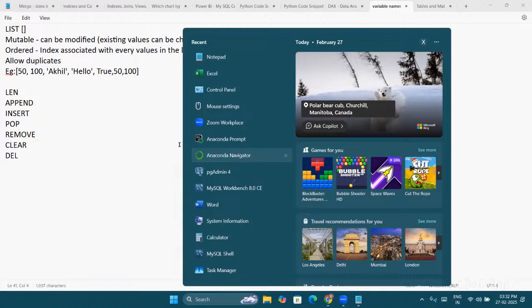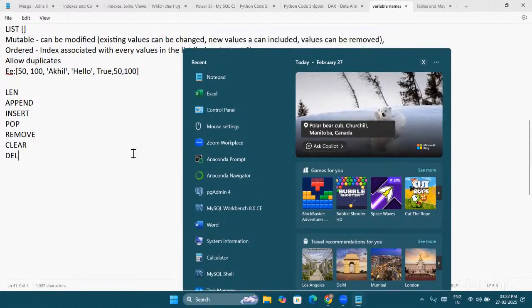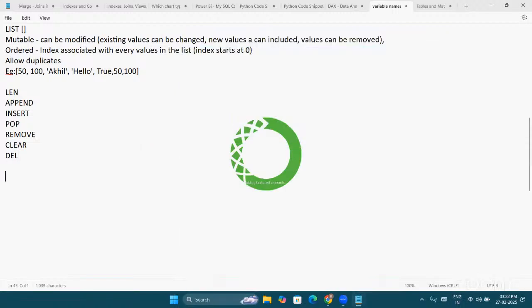I'm going to open the navigator and of course open Spyder, and we will continue with this. There are three more things we need to know with respect to data types which can hold multiple values. So the next one we will talk about is a tuple. Today we are going to talk about something called a tuple,